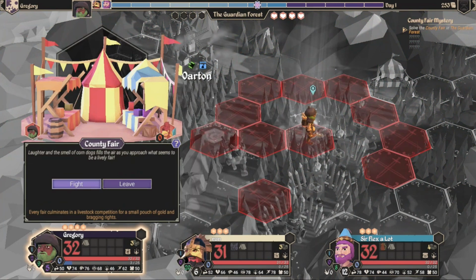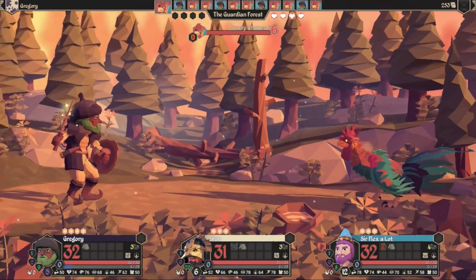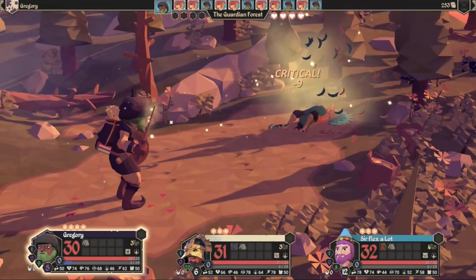As soon as I was given the option to fight, I saw that there was only one chicken and thought, I'm sure Gregory could take a single chicken, but oh boy, I was wrong on way too many levels. First off, this chicken was about the same size as Gregory himself, and secondly, Gregory's damage sucked. Thankfully though, Gregory managed to get a crit right off the bat and instantly kill the chicken. Things were starting to look up for me until I saw...